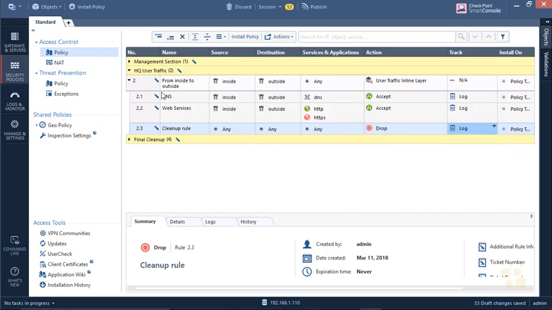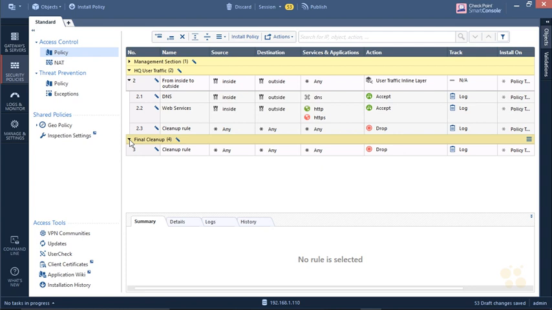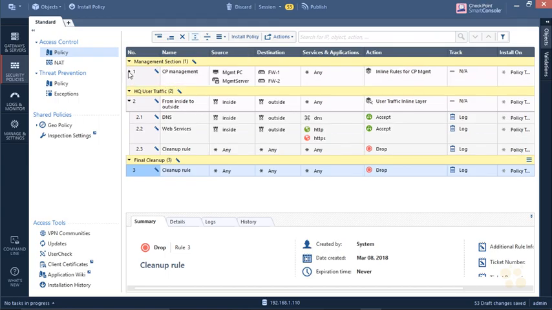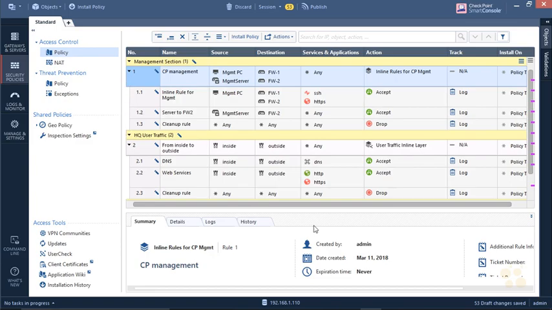And then for the final cleanup for that section, we simply have one rule, rule number 3. So if network traffic does not match any of the previous rules that are either explicit or implied, the cleanup rule is going to catch that traffic, and the action of drop says the packet's not going to continue any further. So if we expand all of our sections here, and then we expand each of the parent rules so we can see the inline layers, we can double check our work and then go ahead and click on Publish,